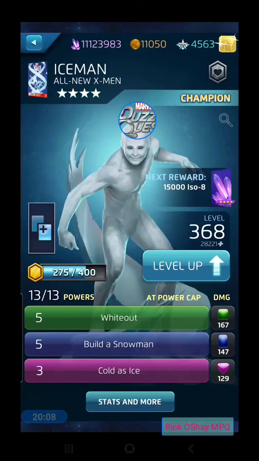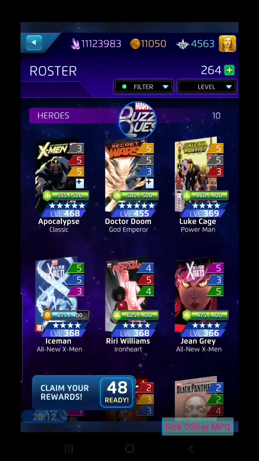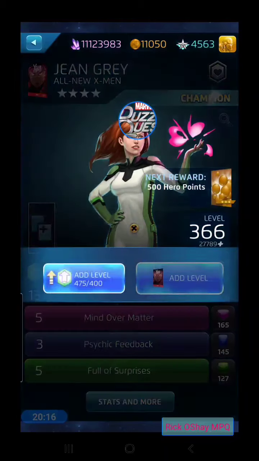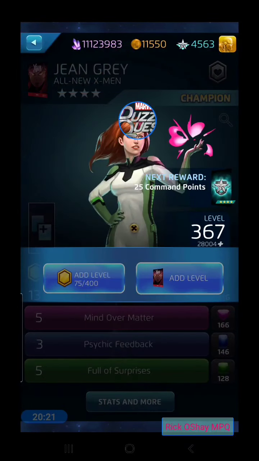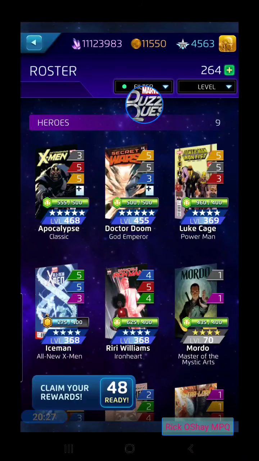And yeah, it's probably a good idea to go ahead and work on rebuilding Iceman at this point. And Jean Grey's at 366. You could make a case for that soon, but I want to get those hero points. 500 HP is great, and 25 command points coming up next. Very cool. All right, at the top row here, don't want to do much except for the ones that are